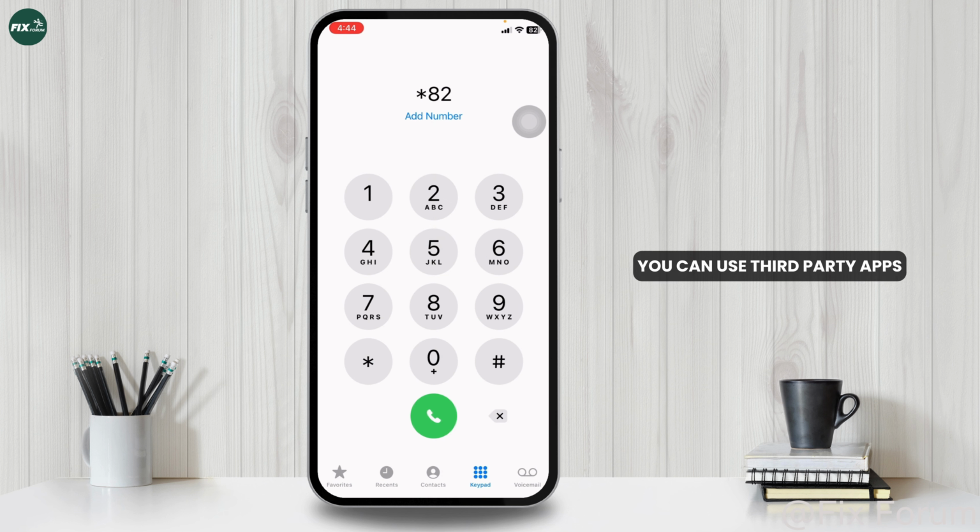Alternatively, you can use third-party apps like Burner or Hushed to make anonymous calls or create disposable numbers for privacy. If you frequently need to hide your number, consider using a secondary number through services like Google Voice, Skype, or TextNow. Before using these features, confirm that your carrier and region support caller ID restrictions, as some countries or networks